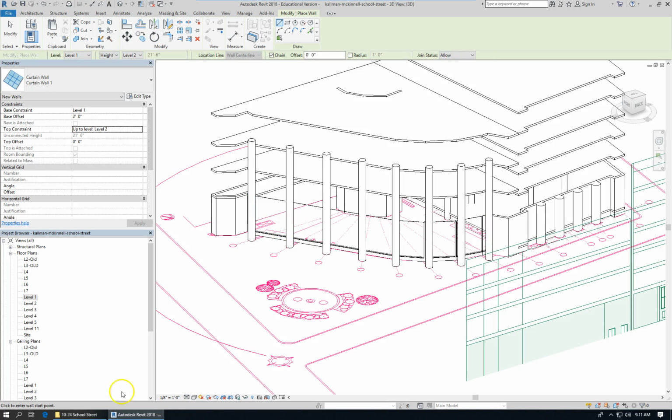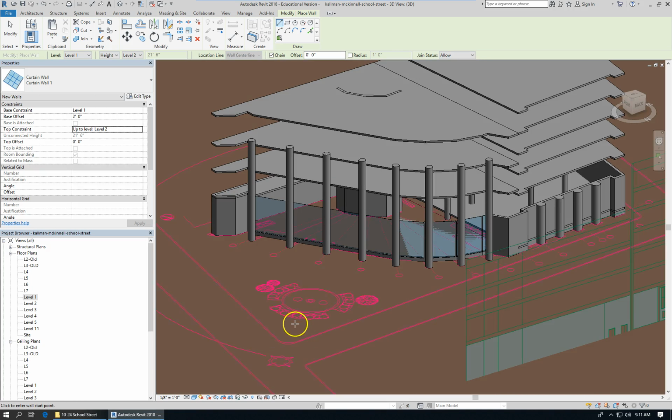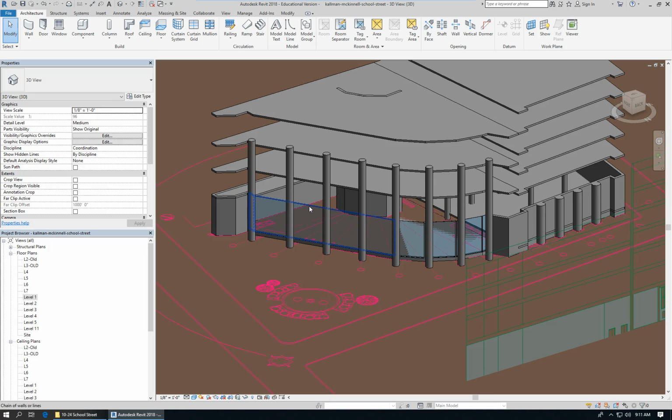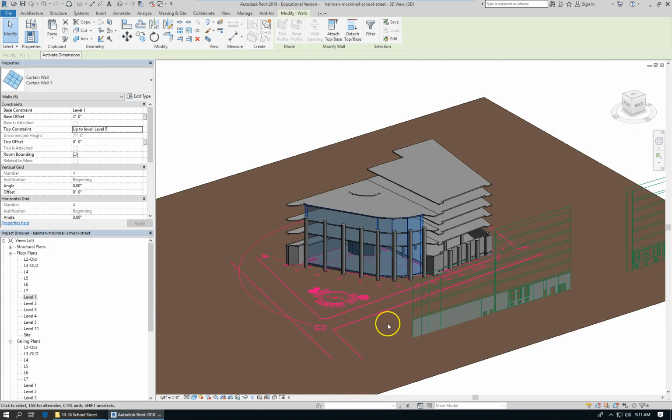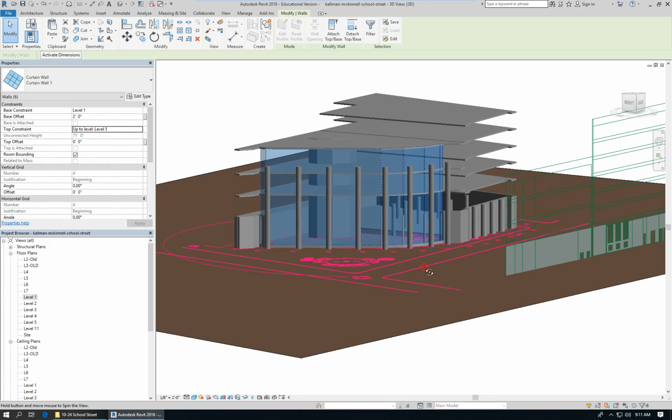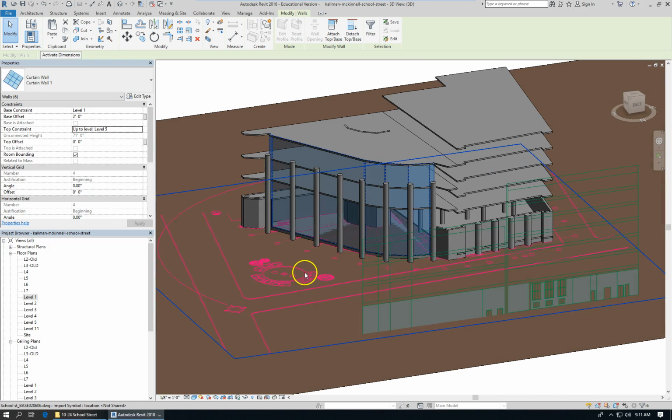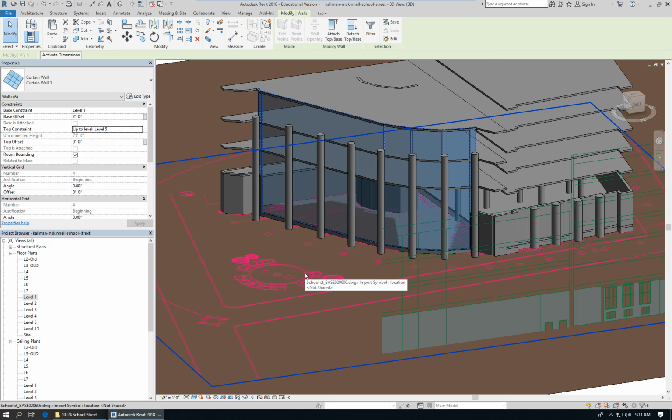So what have I done so far? If I go to a shaded view, you can see that I've made that part glass. Naturally, any one of these, I can select the curtain walls that I've drawn and change their top constraint to go up to level 5. And now let's have a look at the building and see if this starts to approximate